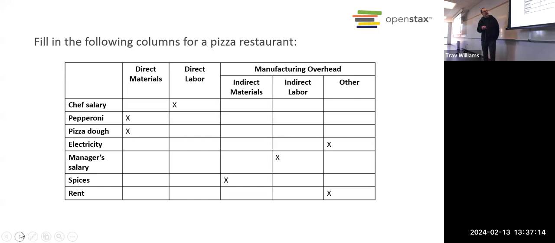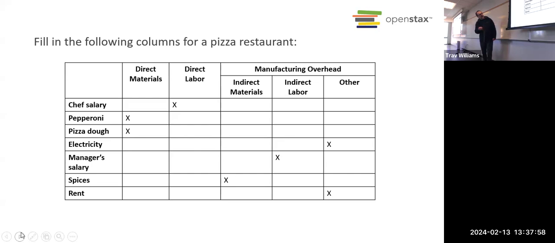The manager's salary is here under indirect labor. Now, you could argue that because it's a pizza restaurant, the people managing the overall restaurant, that is, they're over administration and production, right? So just to keep things simple, let's just say this is the kitchen manager's salary, I guess. That would clearly be indirect labor, right? Because they're not actually making the pizza. They're just overseeing things.